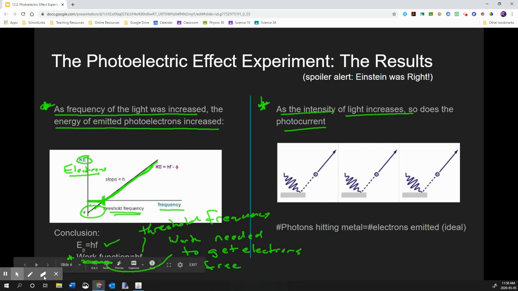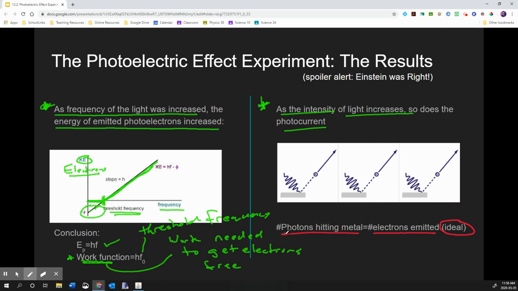So we make this logical conclusion, even though we're never dealing with one, two, three, we're dealing with bajillions of different photons and electrons. The number of photons hitting the metal is equal to the number of electrons emitted. This isn't an ideal world, by the way. If you go back and watch the simulation in the real world, it's not quite as pretty,